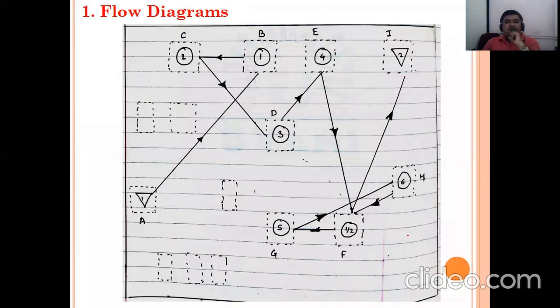This flow diagram tells you, again, here some arrows are shown. These arrows indicate the path.